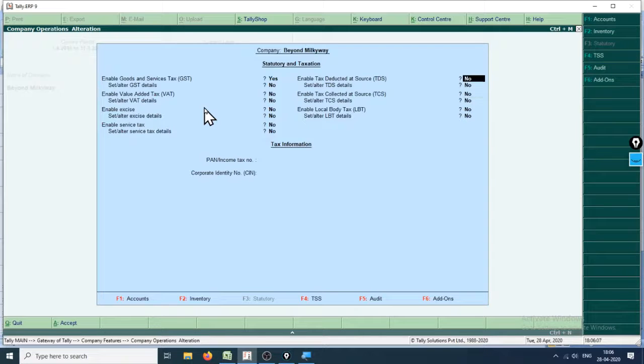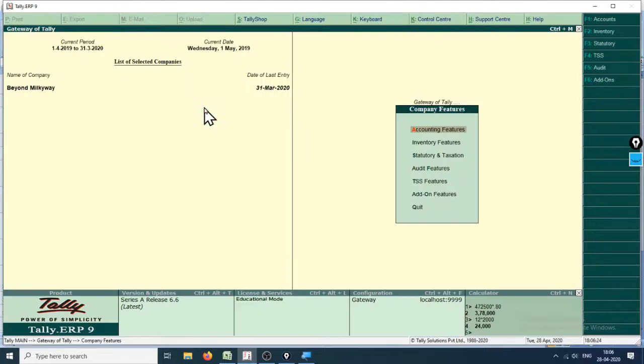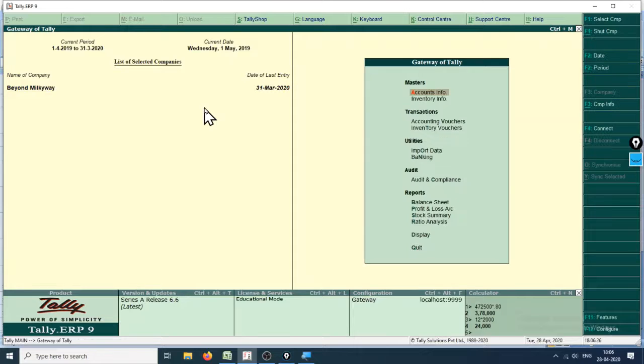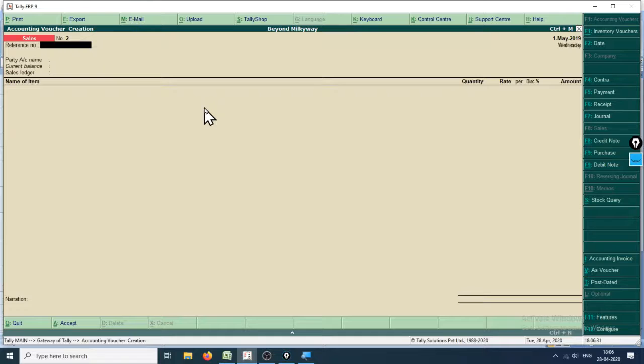Okay, so this window will change as per your country. Suppose you live in the United States, it will be different. Suppose you live in the Arab Emirates or any Arab country, it will be value added tax, not GST. But we'll not be doing any of it here. If you want to do it, you can click yes on those features, and as soon as you go to the sales entry, it will ask you for the taxes and it will automatically calculate on those figures. Okay, so resuming back,